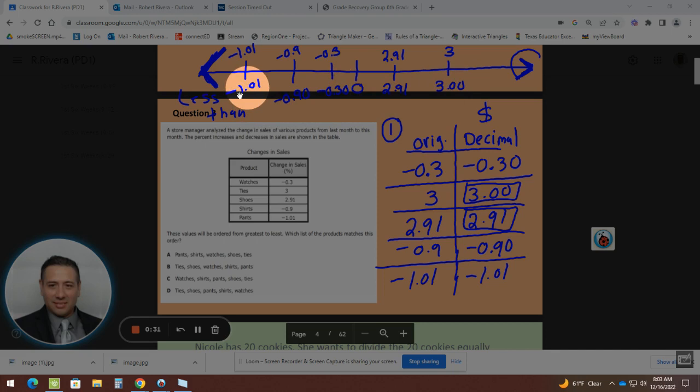So like that, if they want least to greatest, pues empiezo de la L. First, second, third, fourth, fifth. If they want greatest to least, empiezo de la G. First, second, third, fourth, fifth. Questions? Because if we don't put it in the number line, I saw in the last benchmark